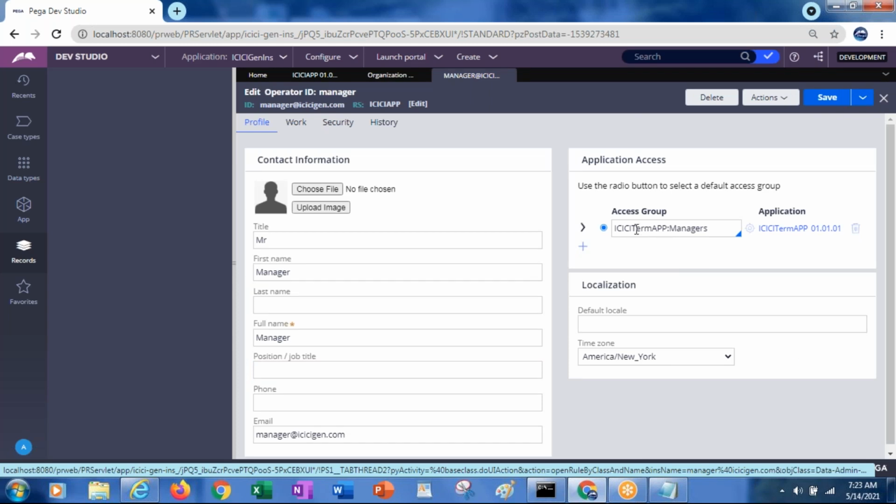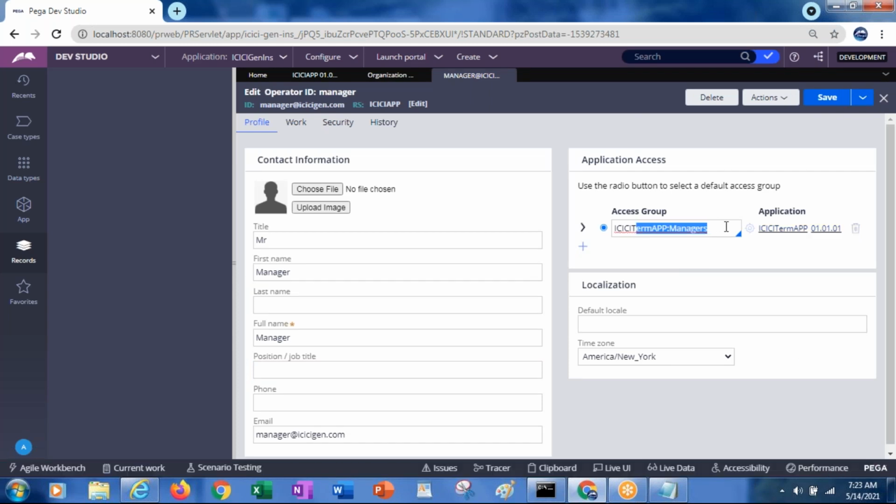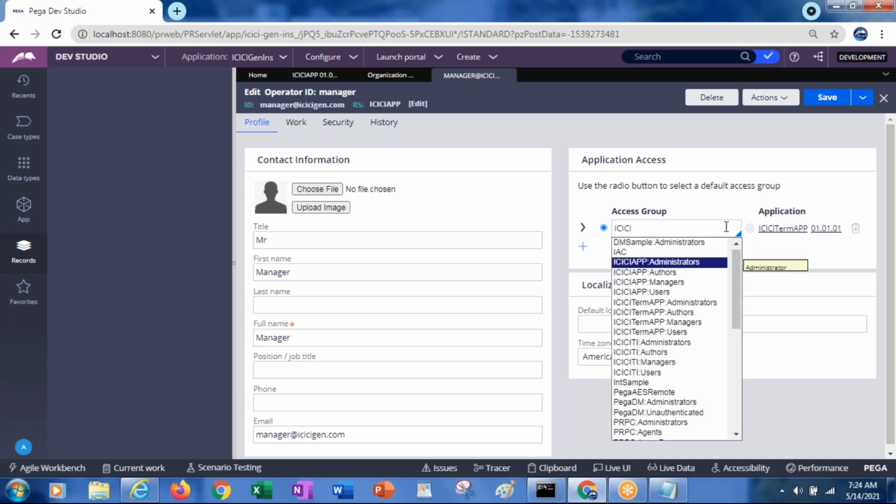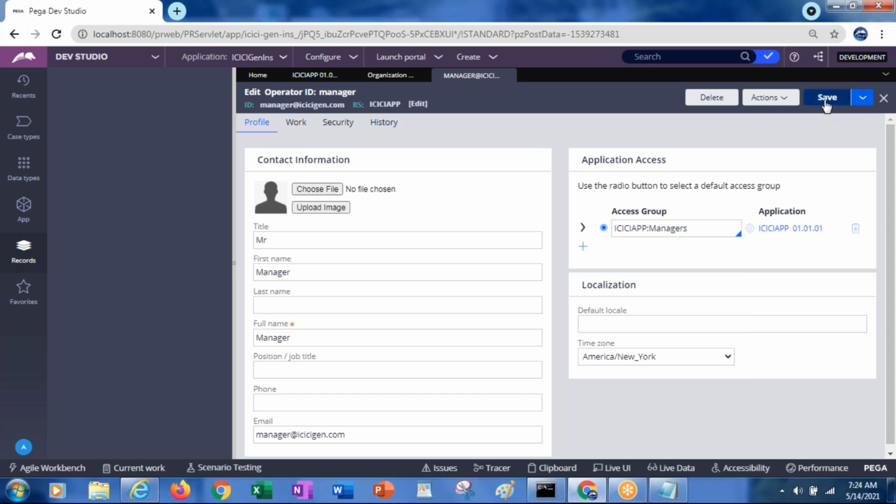Okay, so here we have selected term map. The access group should be ICICI app managers. Okay, so manager at ICICIGen.com should have ICICI app managers, not term map.